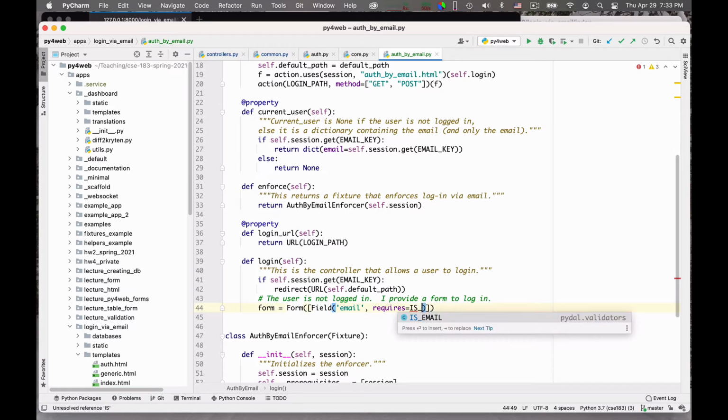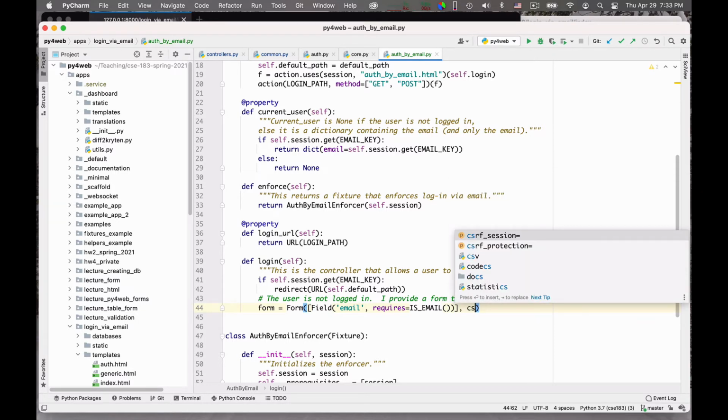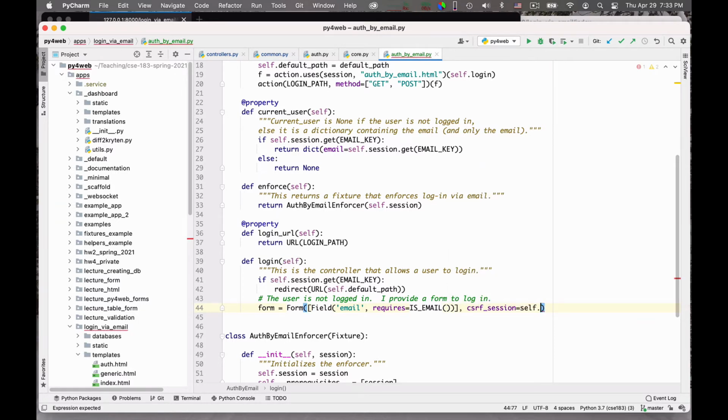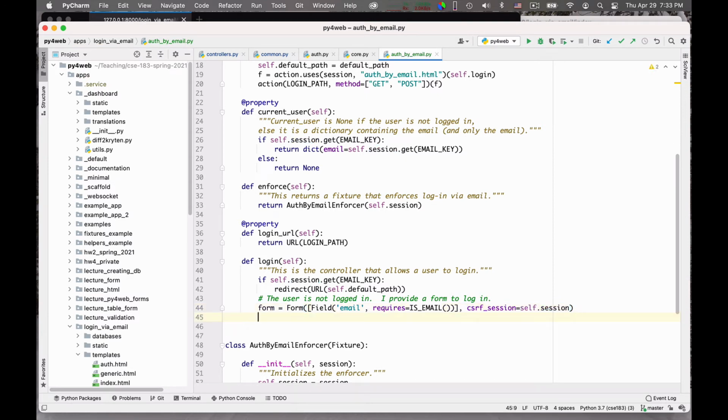Requires is equal to is email. Okay, so this is my form. CSRF session is equal to self session, so I protect it, and I think this works.